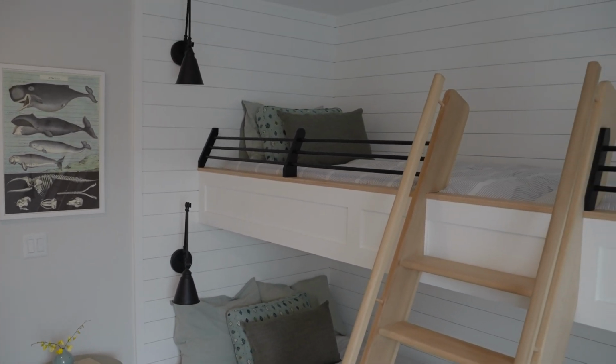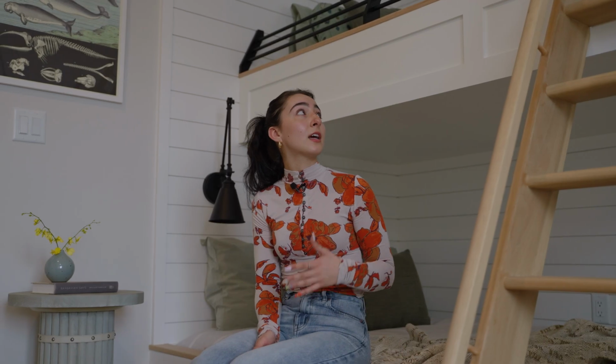We are now in the bunk room, and what I really love about this room is that it's meant for kids, and so it creates a playful but also calm and home feel. We can really tie that in here using the white oak and tying in the modernness with the black metal elements. This room is meant for kids or guests to communicate and talk after a long day at the beach,